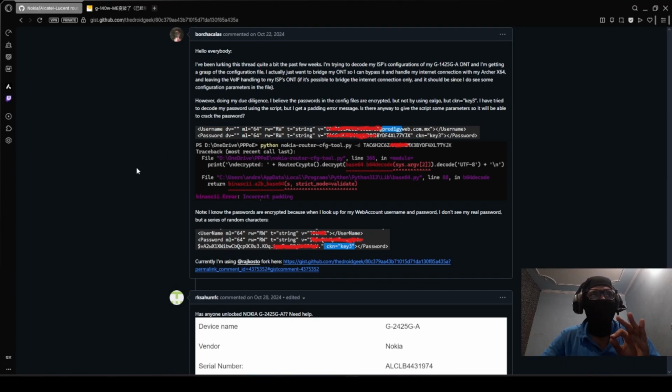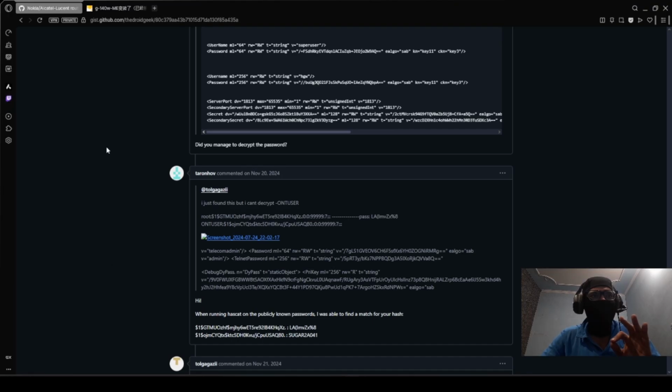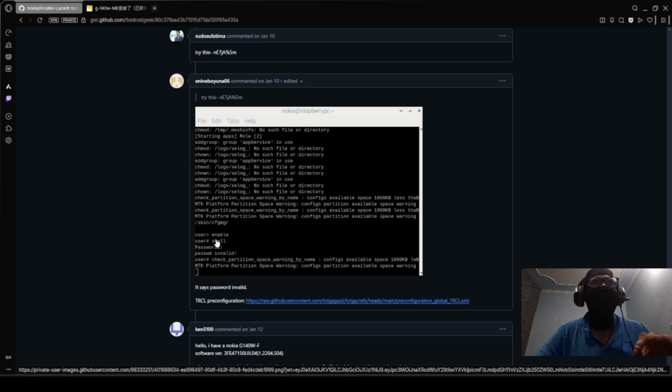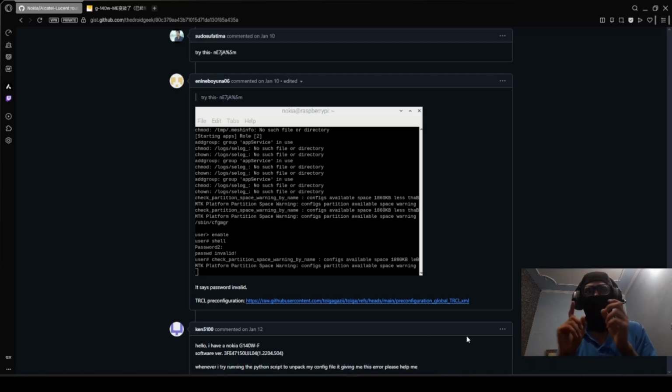But the issue that they are facing is this one, right here. This is the same kind of router, but with a bit different firmware. What is happening is people are getting this user shell. It's basically not a real shell, but a restricted shell. You can only run a few commands, you cannot run all the root commands on this router. So I have a different router.